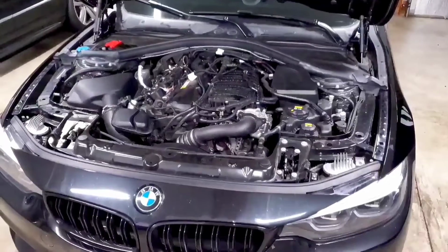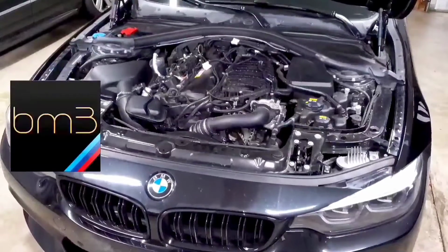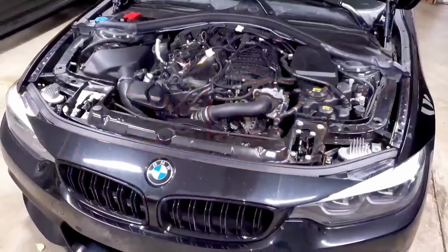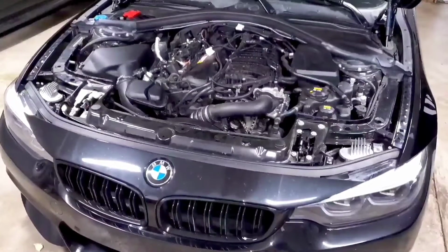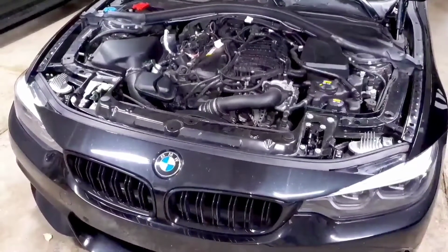In this video, we're going to talk about logging your BMW. This works for all the major tuning platforms, so Bootmod3, MHD, JB4, any of them that comes with logging capabilities. Some of them have the actual logging included with the purchase, and others require it as a separate purchase. But as long as it has the capability to do logging and you have that in your bundle, this will